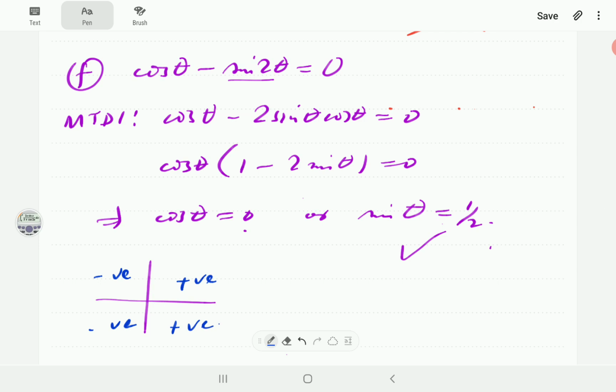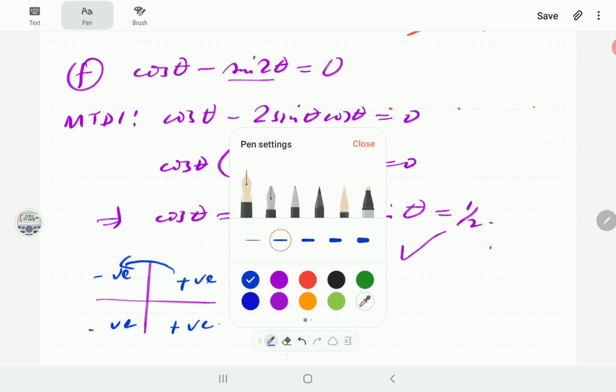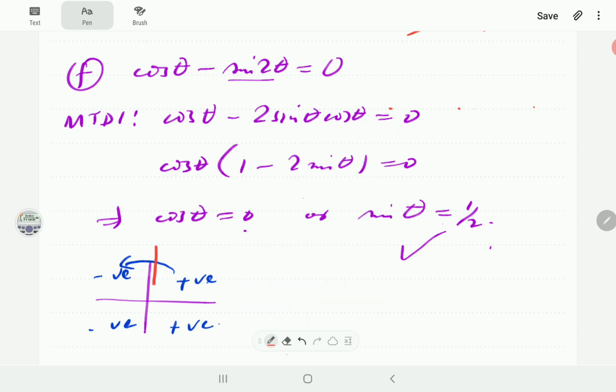So cosine from here to there goes from positive to negative. In between there, it must go through 0, so that means cosine must be 0 there at 90. Same thing here, negative to positive, so in between there, that means cosine must be 0 at 90 or